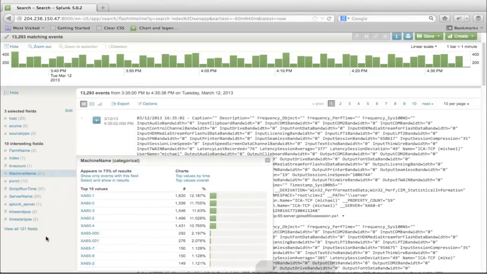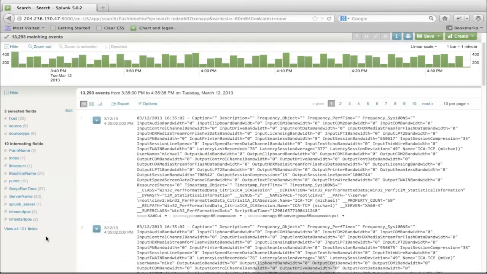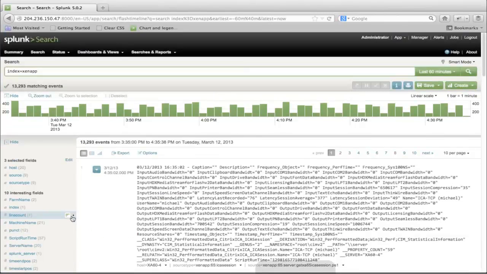So everything that is going on right here is what we call late binding. Splunk doesn't know what this data looked like before it came in. It's figuring out as we go what's going on here. So if we're sitting here in a XenApp world, something somebody might want to know is how our applications are getting used. And so we might want to narrow down not just XenApp data, but applications, published applications.